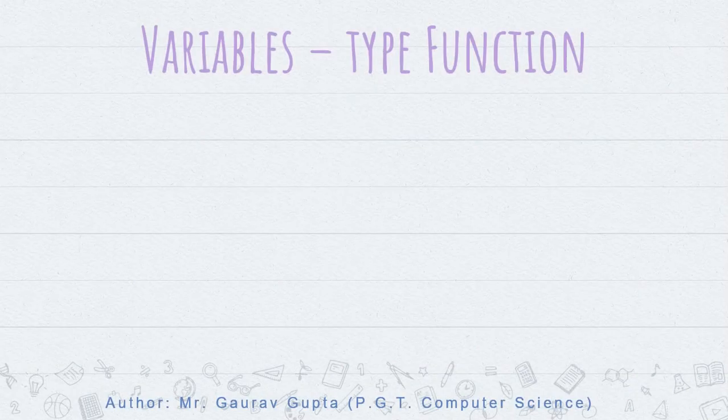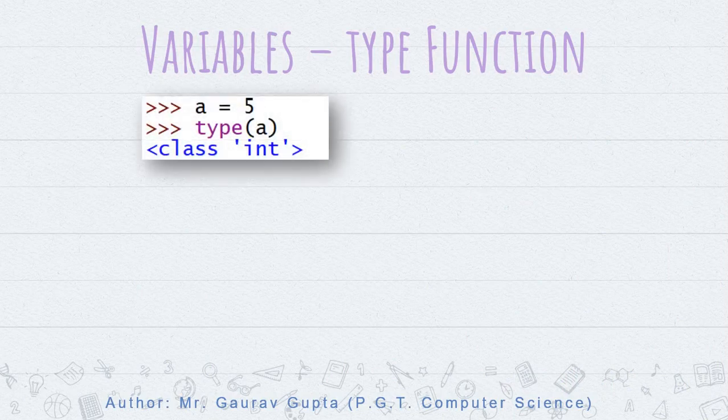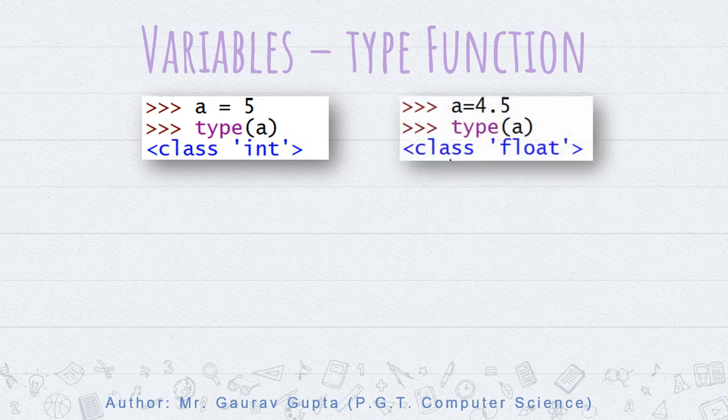Now, we will discuss the type function. The type function is used for finding out the data type of the value of a variable. Here, 5 is assigned to A and then type(A) is used to find out the data type of value 5, and we get class int. Here int means integer. When 4.5 is assigned to A, the type function will return float, meaning a value with a decimal